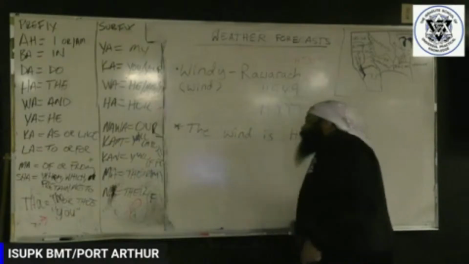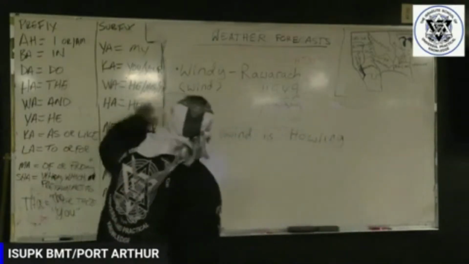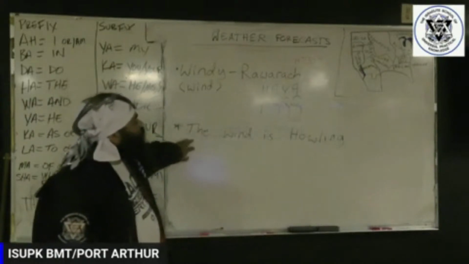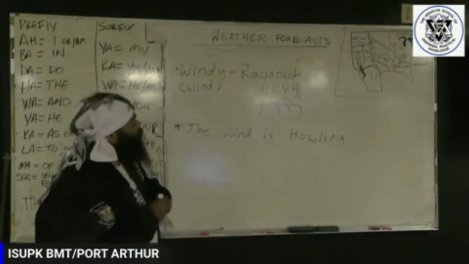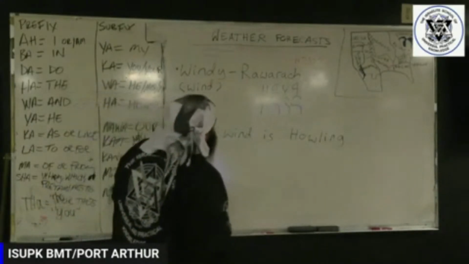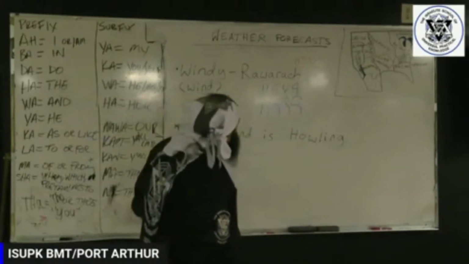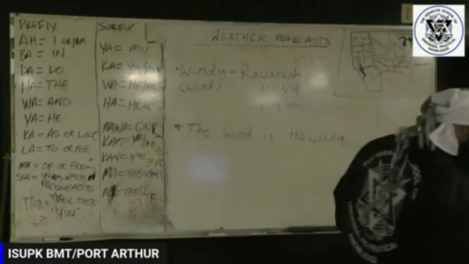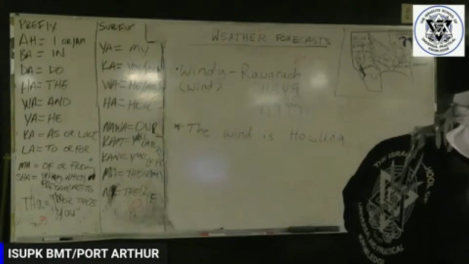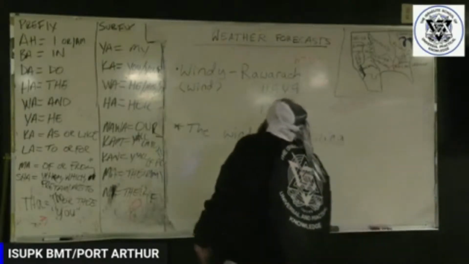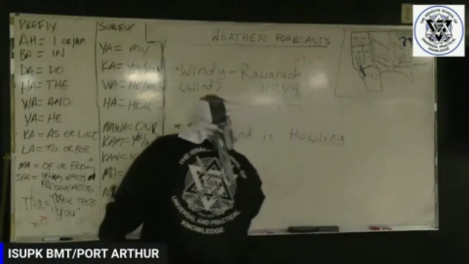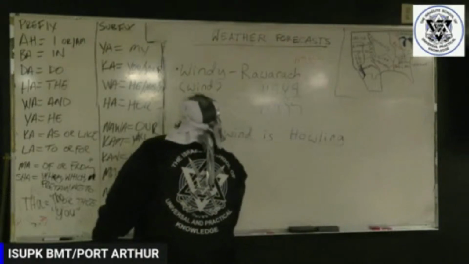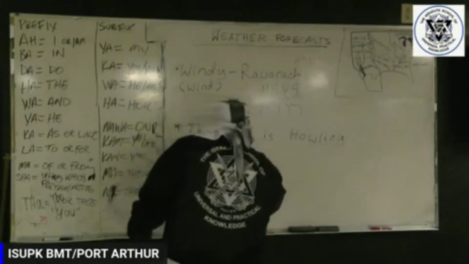The wind is howling. We already have an understanding of the prefix ha and the, so knowing that, we already know what the wind will be: ha will rock. This is one of those sentences that's only going to be two words, the wind and howling, because we're going to leave out is. But the wind and howling is how we're going to say this. So the wind, ha will rock.